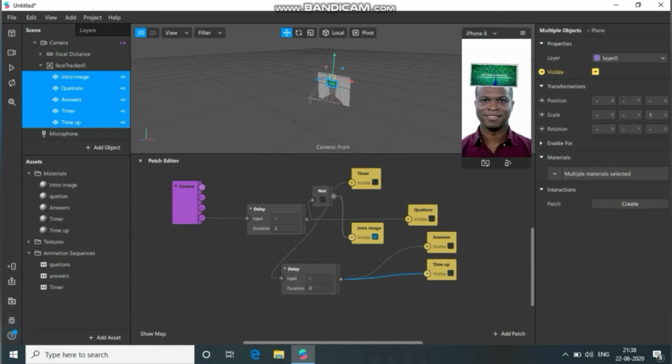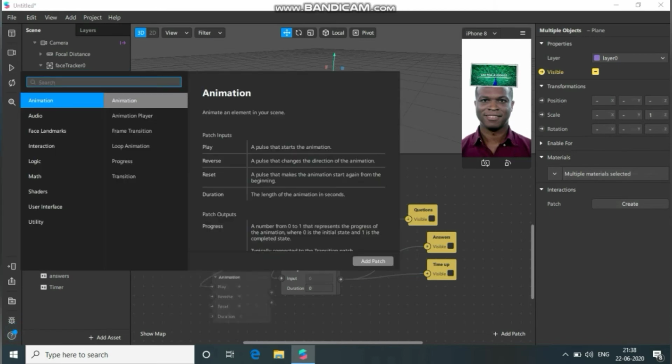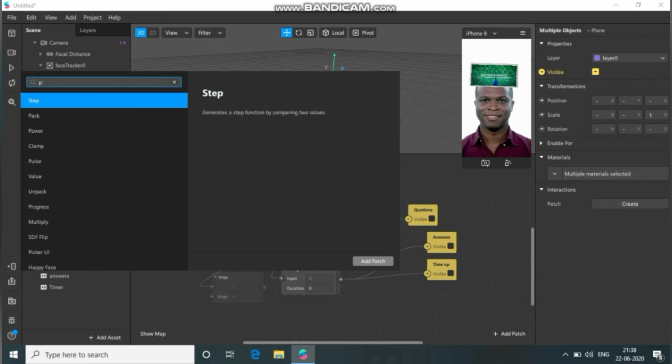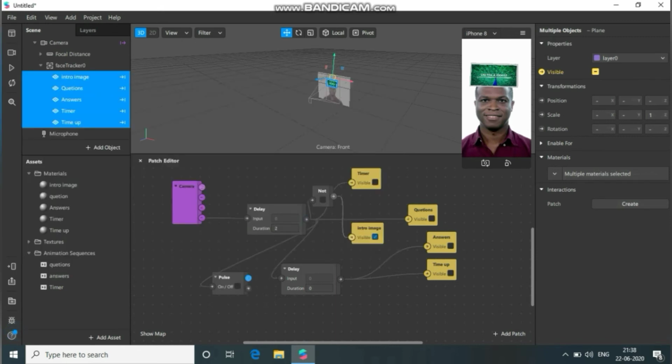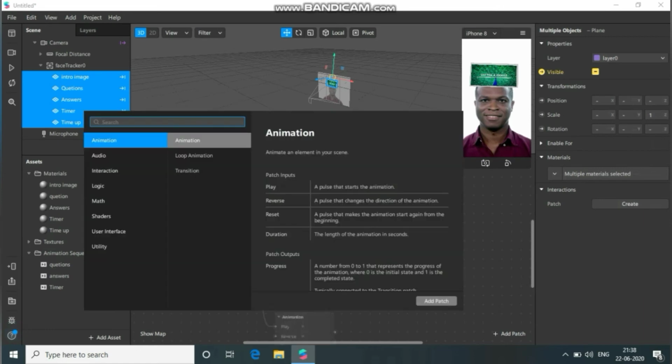And from the initial delay, select pulse. And from pulse, select switch on. Switch.